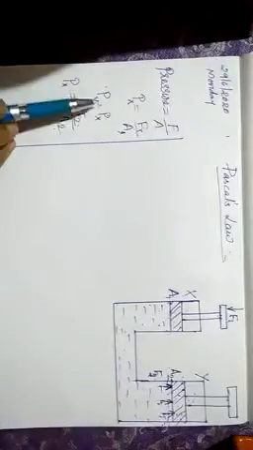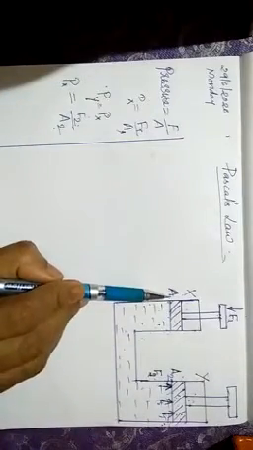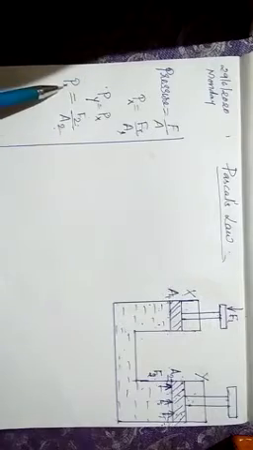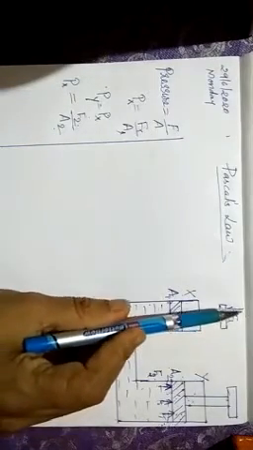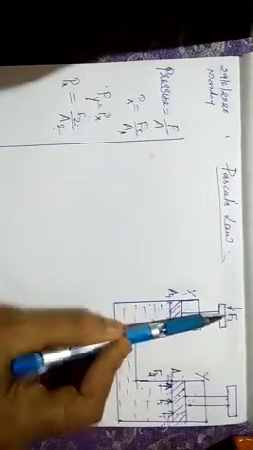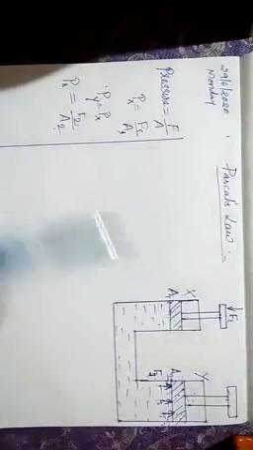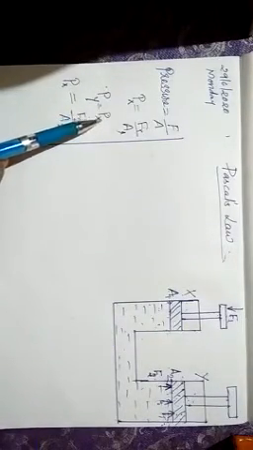We know that P of Y, the pressure at this side, is equal to Px. So Py will be equal to Px. That will be a known quantity, because we know what force we applied on this surface and the area of cross section of the surface also. So we can find out P of X, the pressure at X, easily.